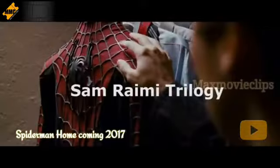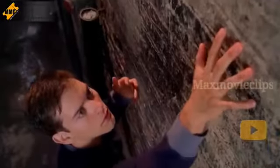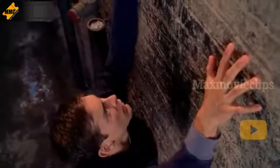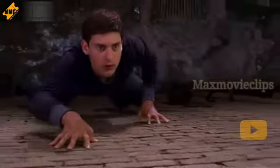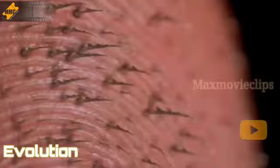Sam Raimi Trilogy. Oh, the good old 2002, when the first movie about Spidey saw the world. This was an adaptation of the classic comics, where Peter was able to do all the Spidey stuff by himself, and the suit served the cover-up purpose solely. The costume didn't have any gadgets or equipment. Peter shot web from his wrist, which sounds and looks weird, and climbed vertical surfaces thanks to small hooks on